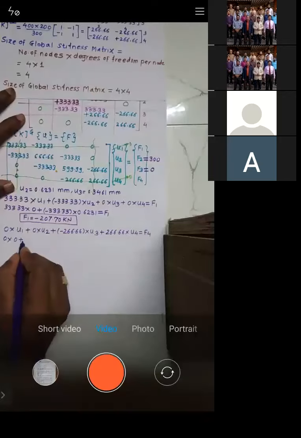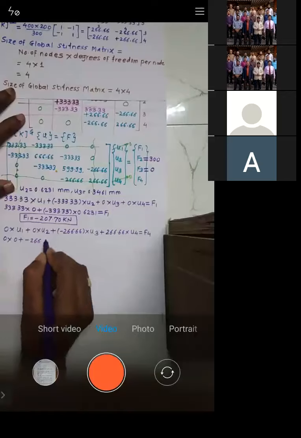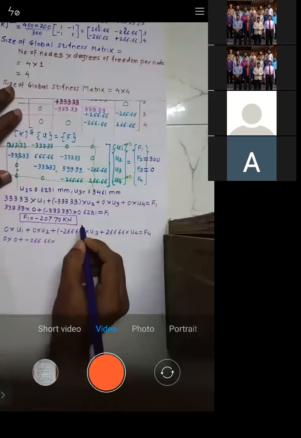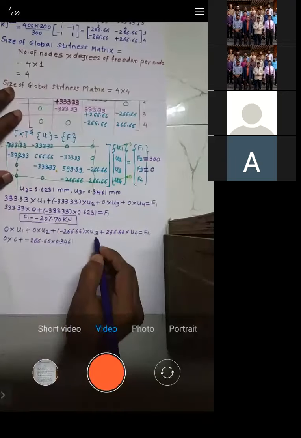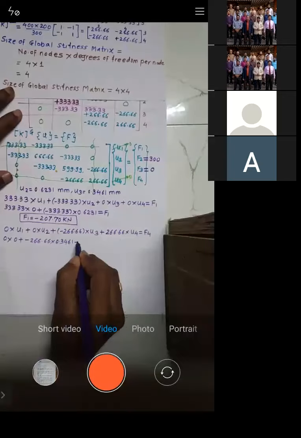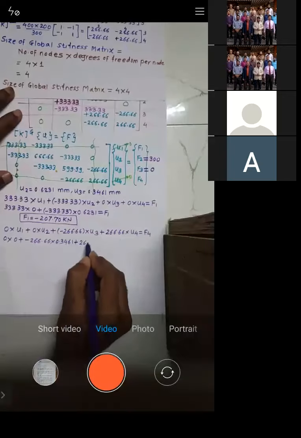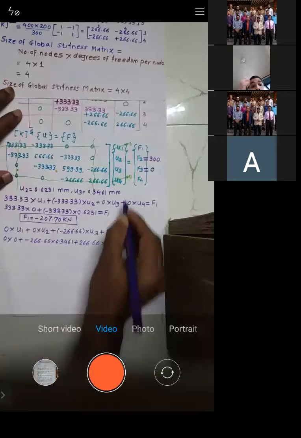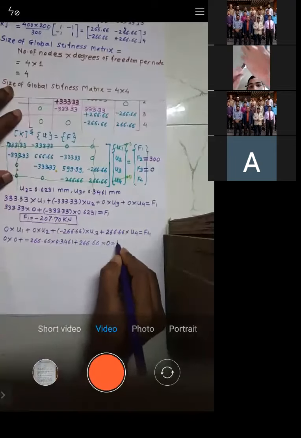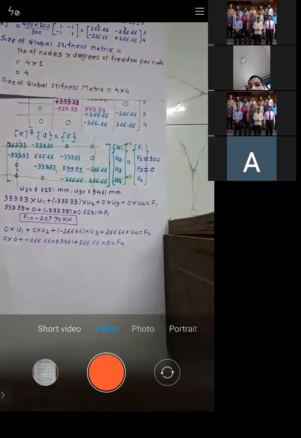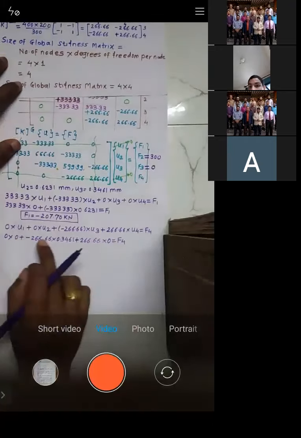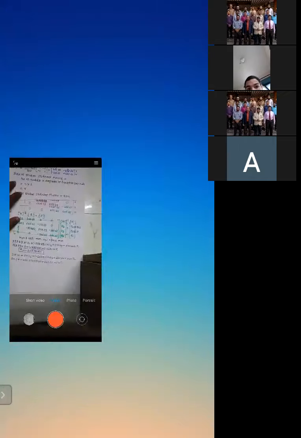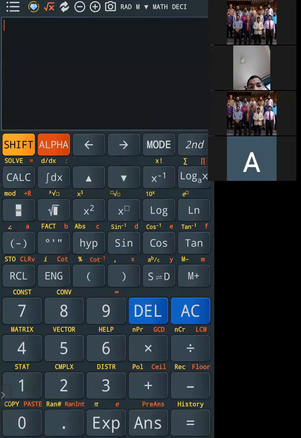Then minus 266.66 into U3, and this is the value of U3, 0.3461, plus 266.66 into U4, and U4 is 0 only, is equal to F4. Now let's calculate. This is 0, this is again 0. So what will we get? Minus 266.66 into 0.3461. Try to calculate, all of you. Minus 92.29.